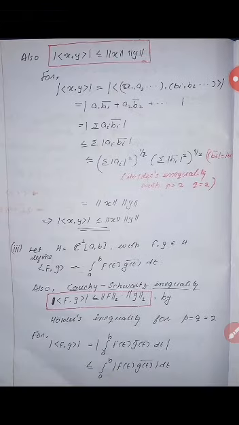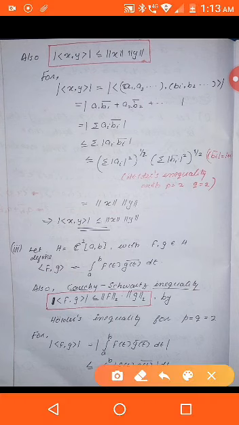Now also we have an inequality of the form modulus of inner product of x, y less than or equal to norm x into norm y. To prove that, let us start with modulus of inner product of x, y, and by definition it is modulus of a1 b1 conjugate plus a2 b2 conjugate plus etc. That is, it is modulus of sigma a_i b_i conjugate,